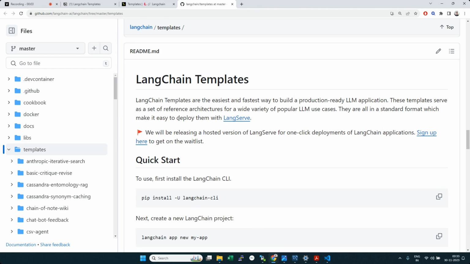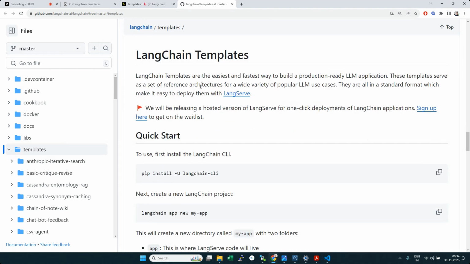Hi everyone, in today's video, we're gonna look at LangChain templates. The LangChain templates is a recent feature that LangChain has released. Basically, templates are nothing but LangChain applications using which we can build production-ready LLM applications quickly. Basically, templates are nothing but some reference architecture that you can easily modify as per your use case, and we're